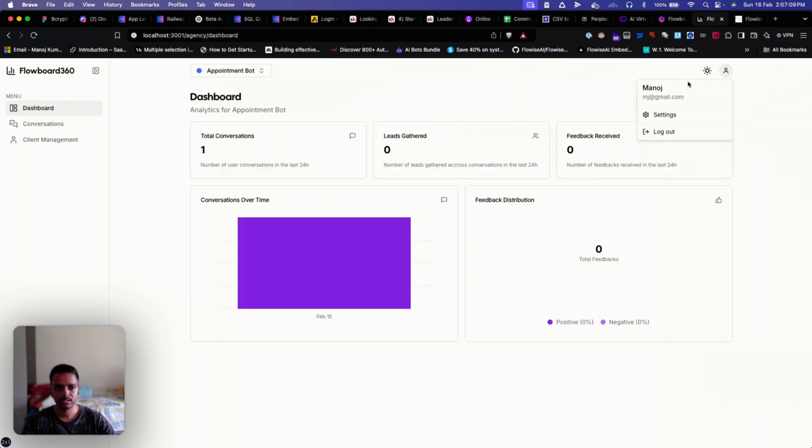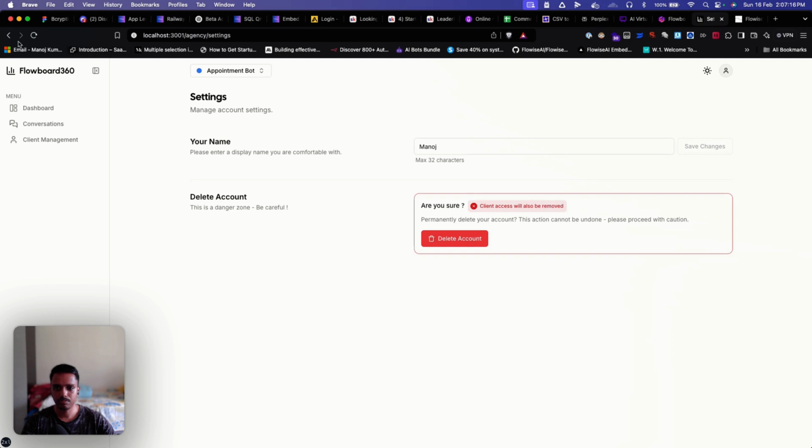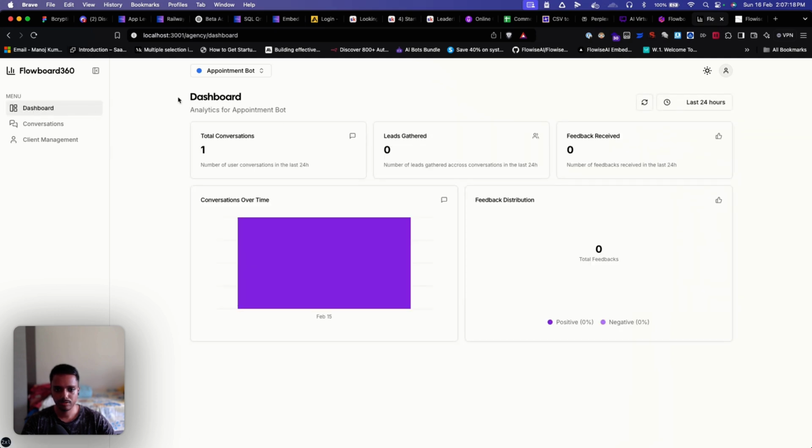And then we have settings where you can change your settings and other details. Right, let me go back. So this is the dashboard, where you can see all the important metrics